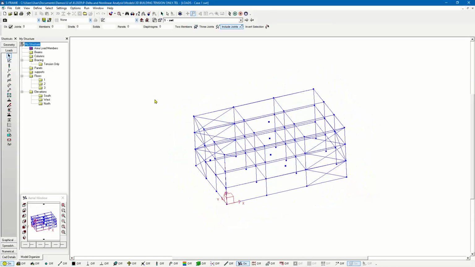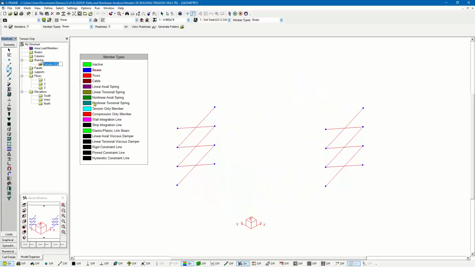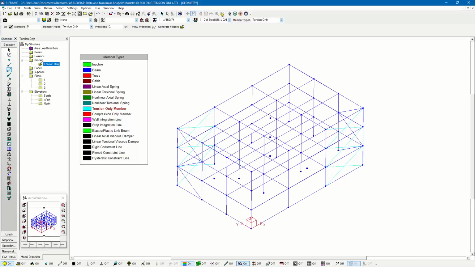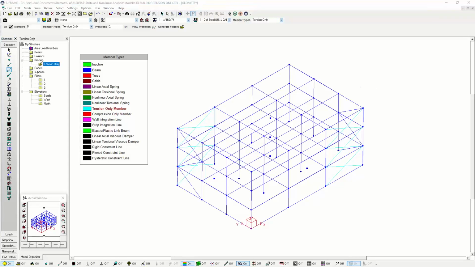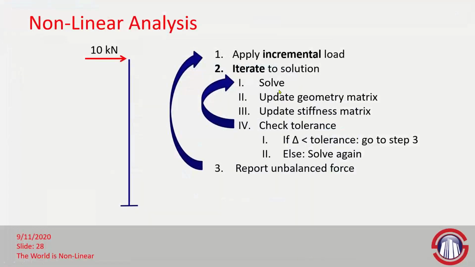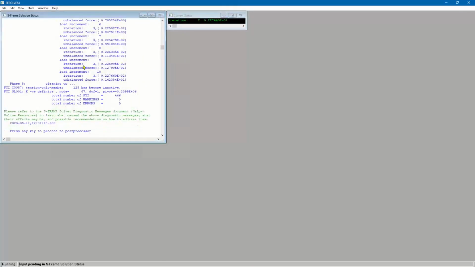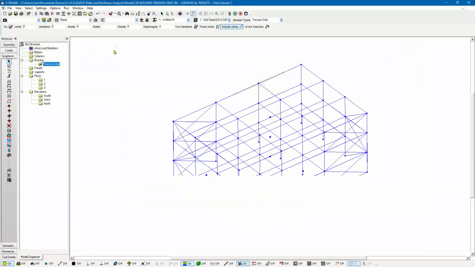So here I've got the same model, but again, with a few additions that I've made. I'm just going to change these bracings to be tension only. And hopefully with this change here, we'll be able to analyze this again for a nonlinear static analysis and get things working the way we intended. So again, here we can see that it did analyze. We did have some issues with our analysis for one of the load scenarios that just had gravity loads only that I didn't update. But now I'm going to look at the results